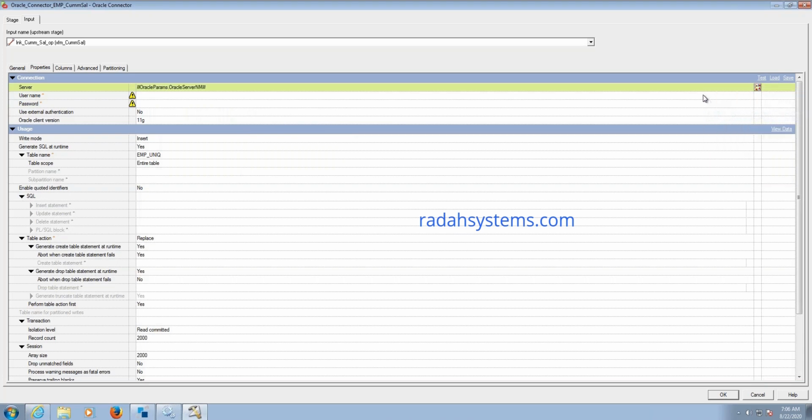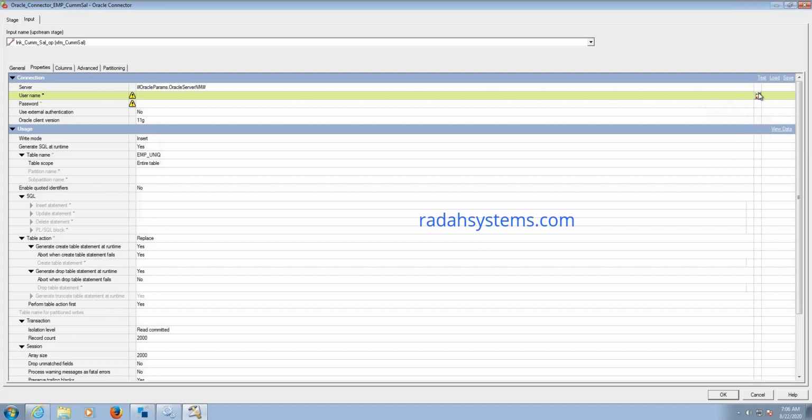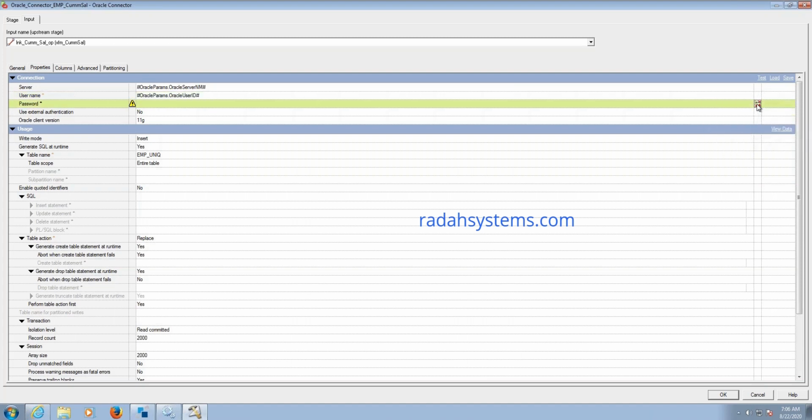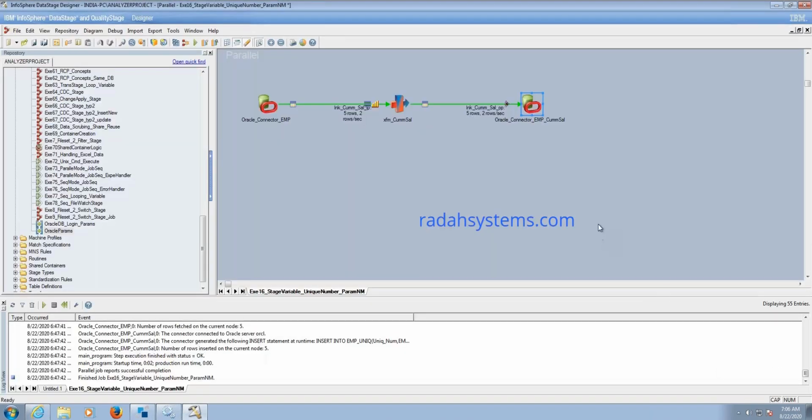So in real time, these connections should already be present, right? Yeah, then only can we use them at the job level. Okay, I got it. Yeah, right. So this is the way we have to use the parameter set in our job. This parameter set can be called in any number of jobs, but you need to define it. Just now I showed you how to add the parameter set in your job. Okay, so now we have changed the parameters for both source and target.